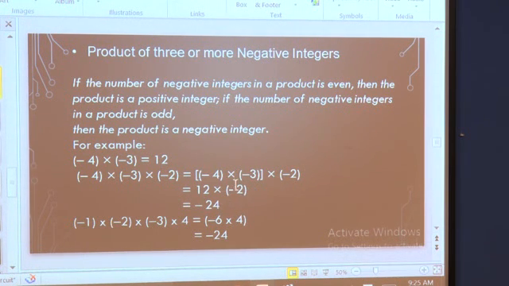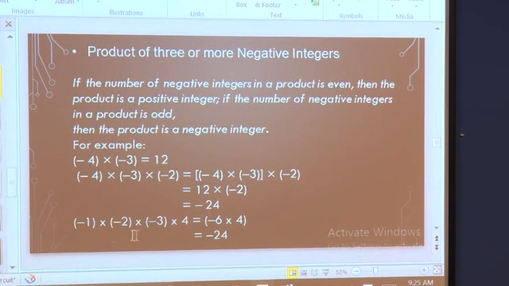Because here it is only one time, we get an answer as a negative integer. So 12 twos are 24. It is minus, so -24. Here we did 1, 2 and 3 times, that is, we multiplied the integers an odd number of times. So I told you we get a negative as an answer, or we get a minus.